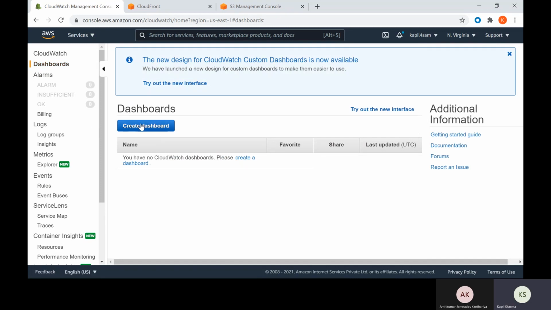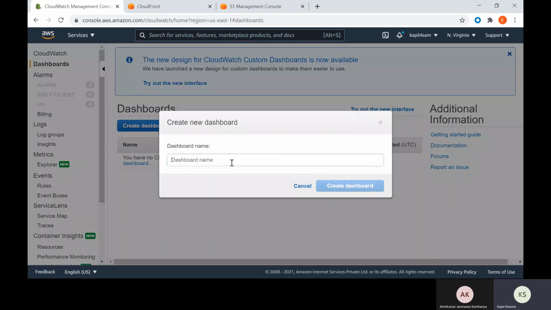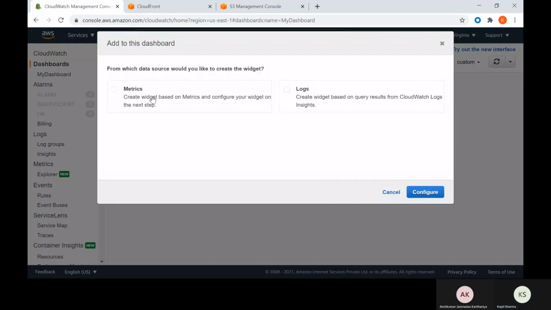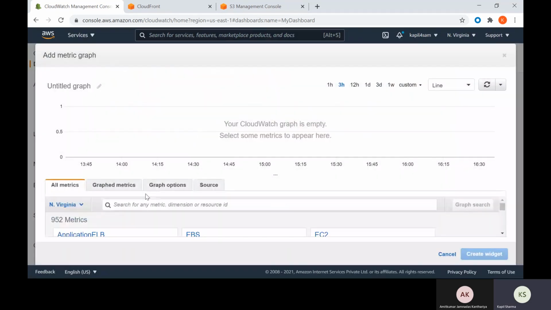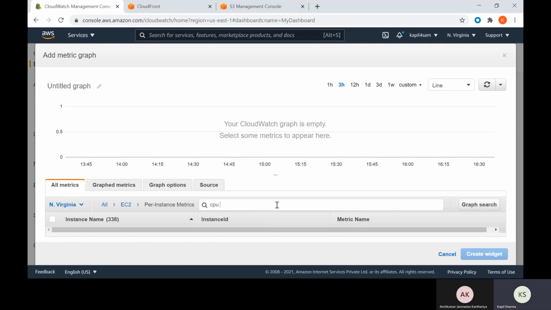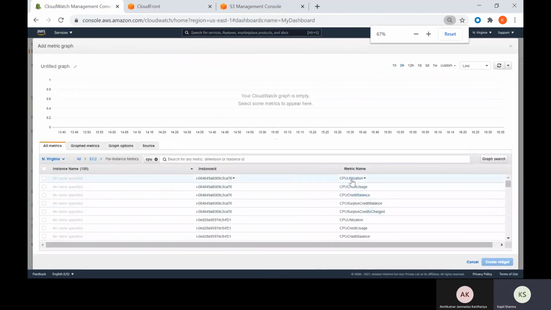Dashboard, here there is an option, you can go and create a dashboard. Let me just create a dashboard, my dashboard, click on create dashboard. So your dashboard will be created. Now I want line next for a metric. For which metric? I want it for EC2 by instance, CPU utilization, right?